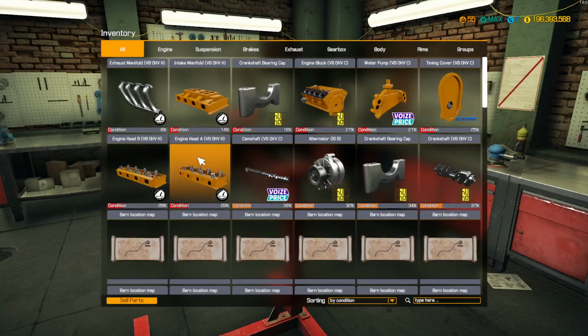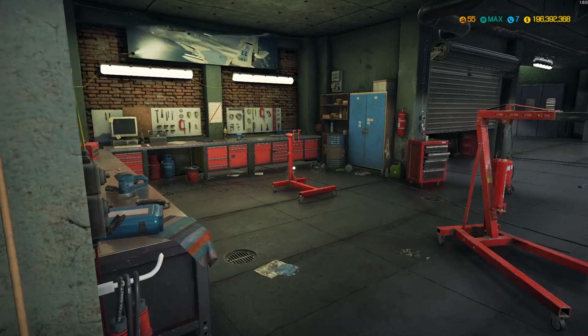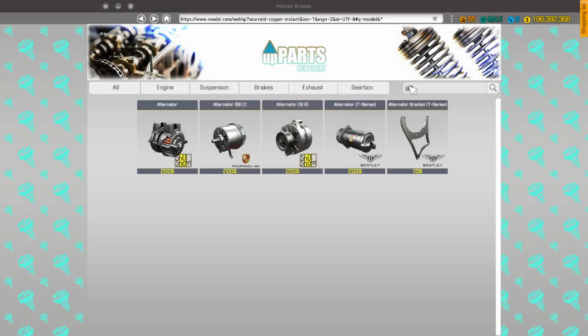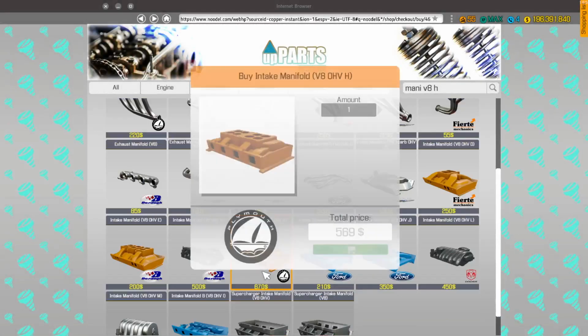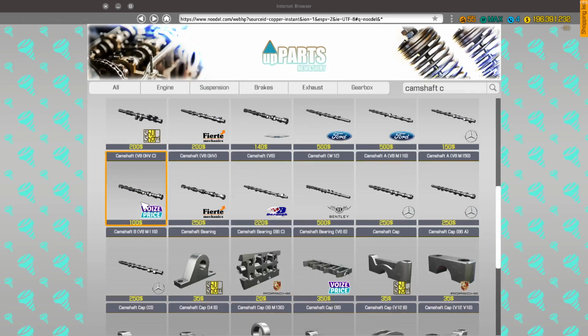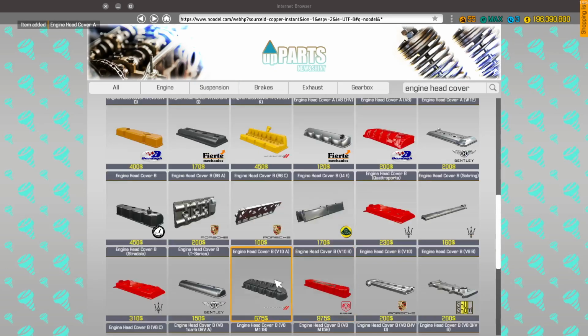So that's... The rest of this stuff is potentially repairable, but one of those things was only 1%, a single digit percentage, so I know we're not going to get that back. Oh, didn't get the alternator. That's too bad. Intake manifold H, camshaft C. Oops. I know I need these head covers. I know I'm going to need